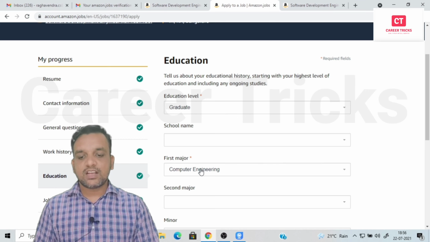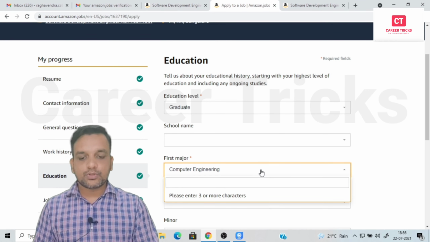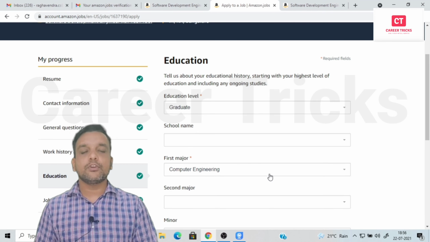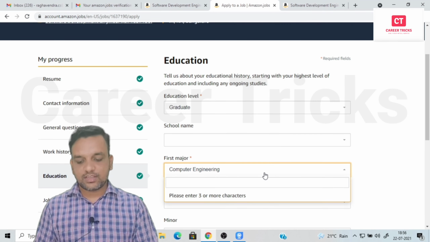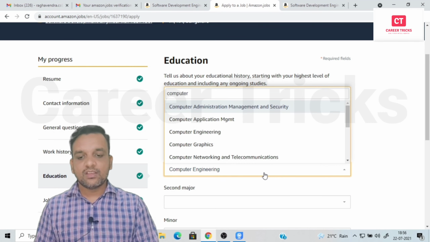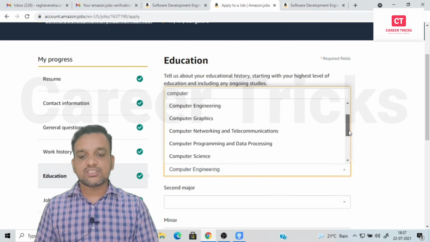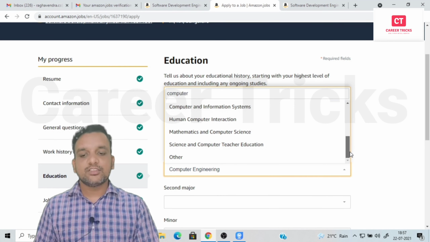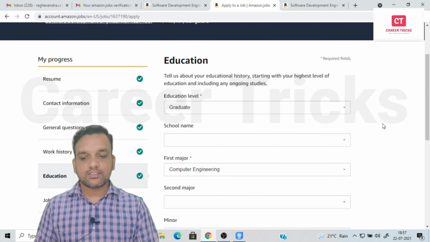After that the first major, I can say computer engineering. Or if you are an engineer in other streams, a drop down will come. In this you have to select what is compatible with you, and go further.